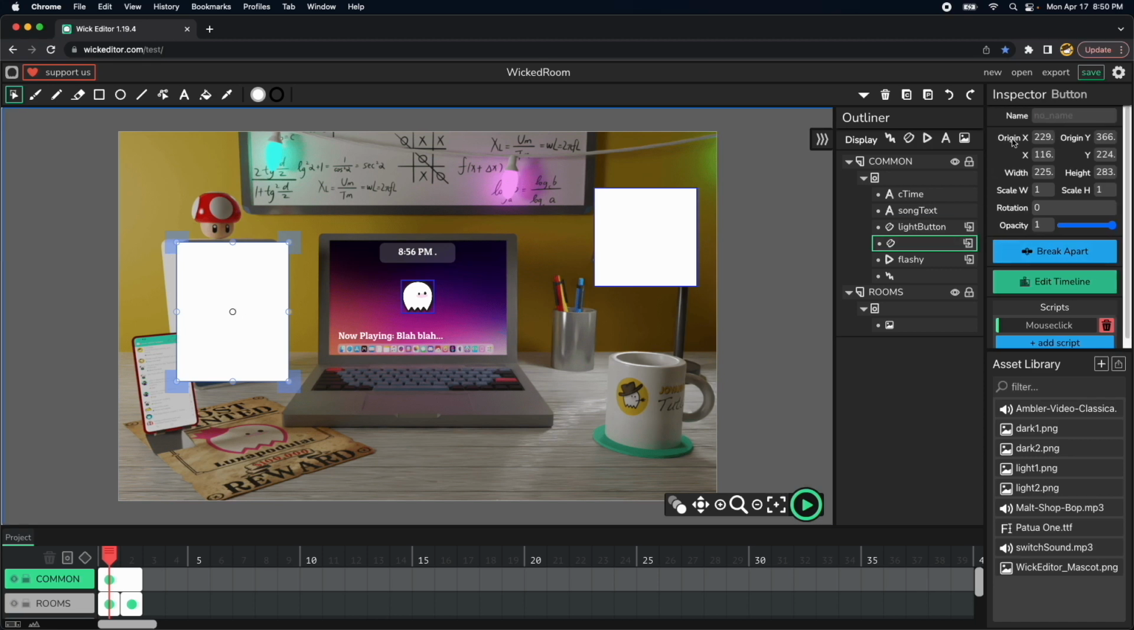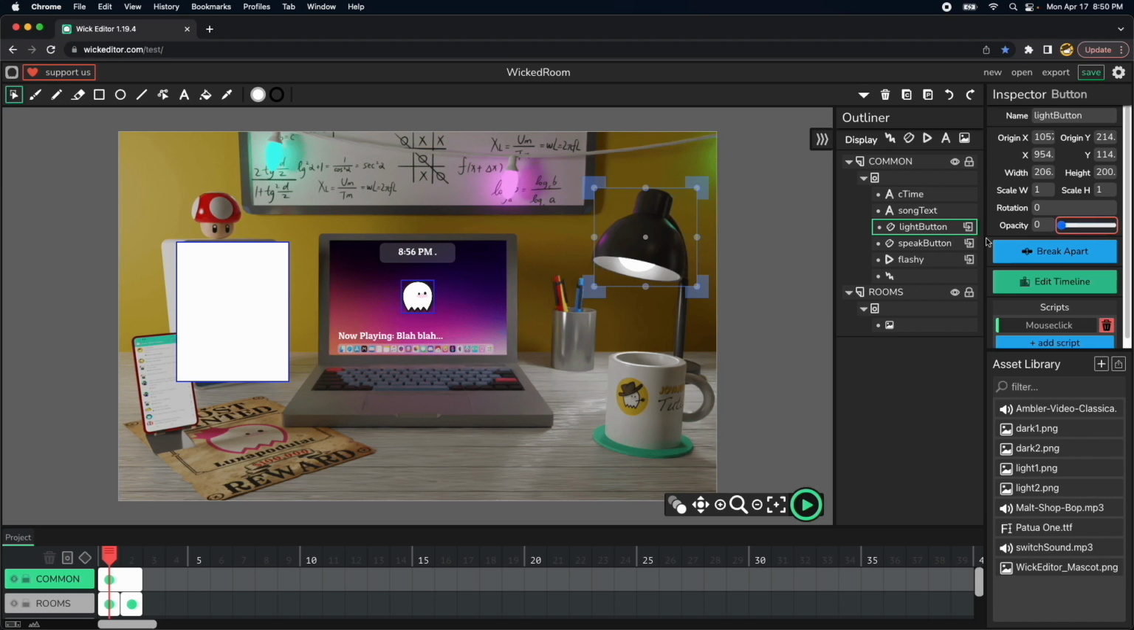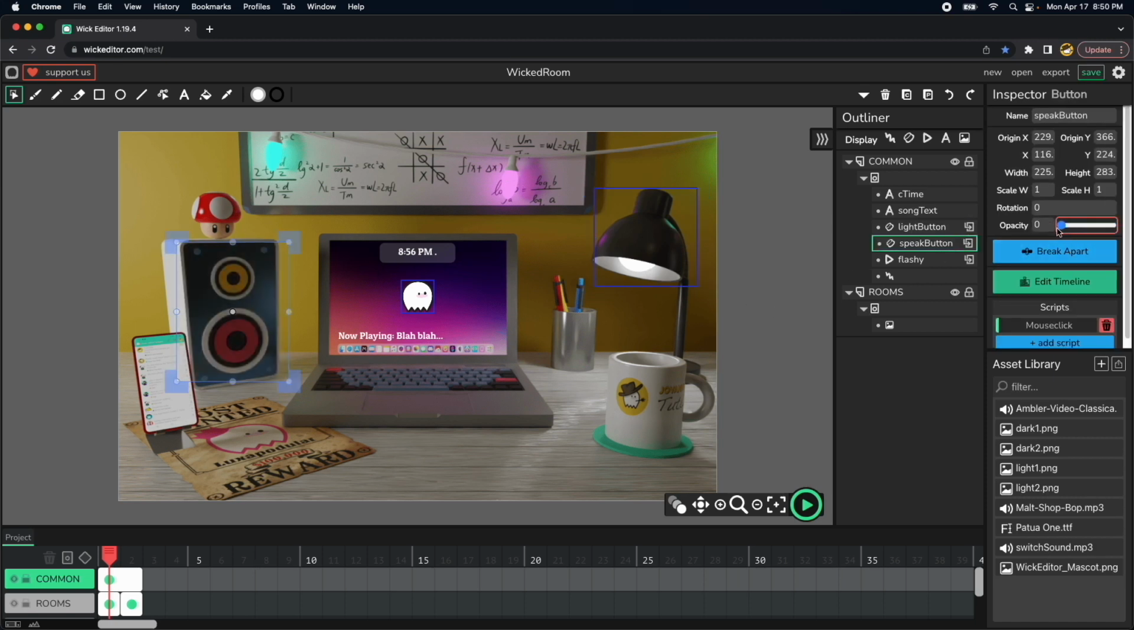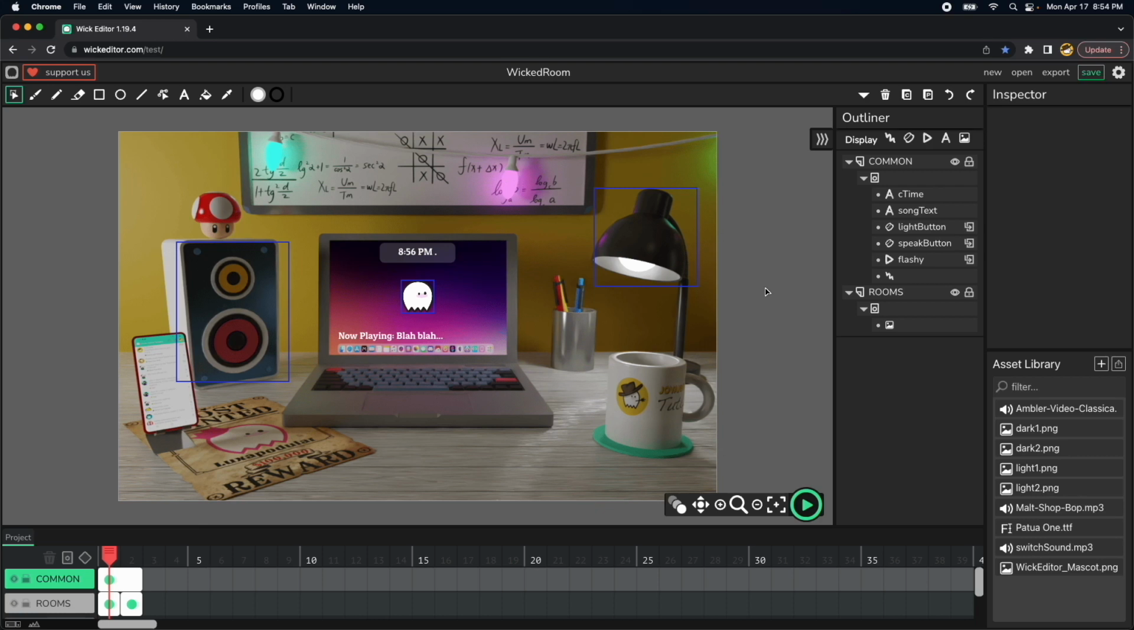The other could be the speak button. So now let's click on the button and reduce the opacity to 0. Same thing with the speaker button. So now that we have all the pieces needed, let's go click on the common frame and go to the